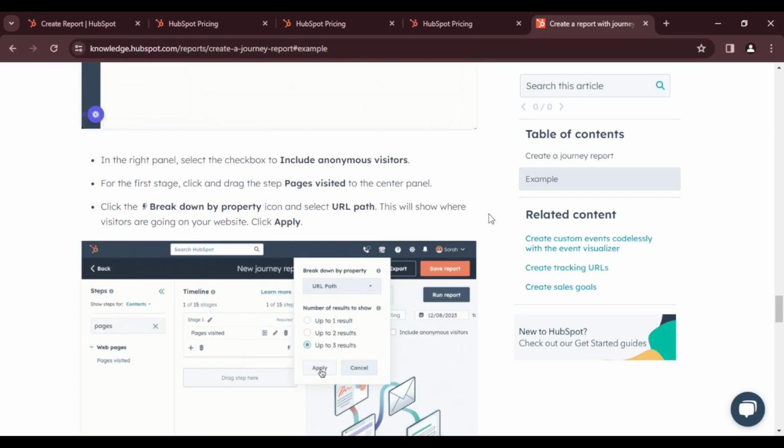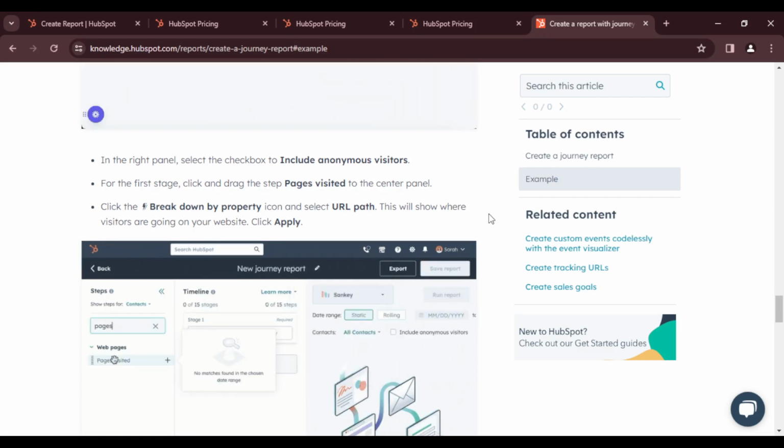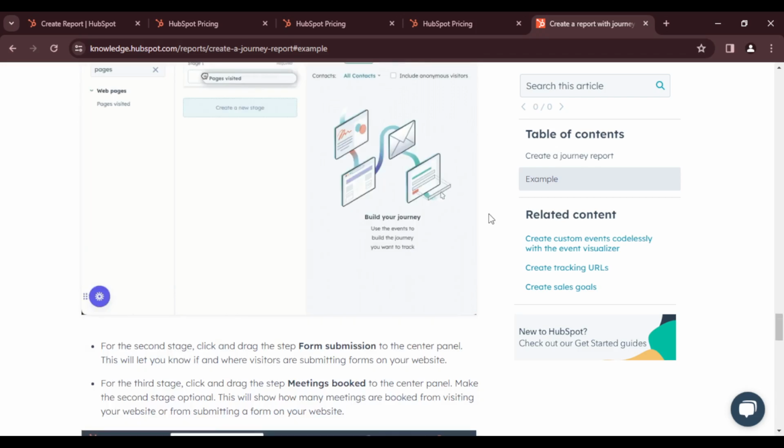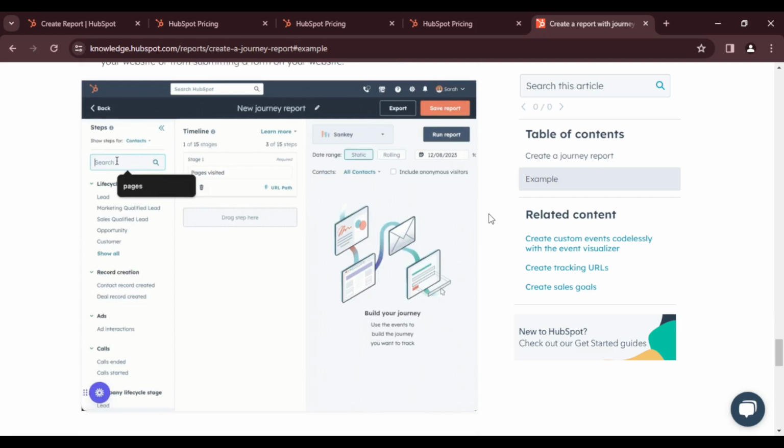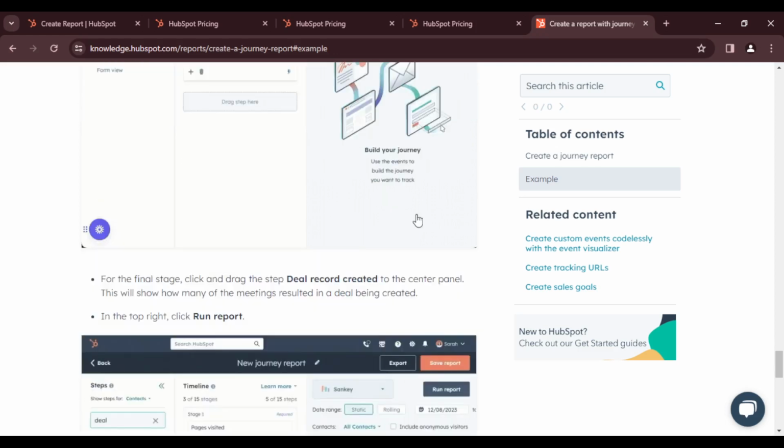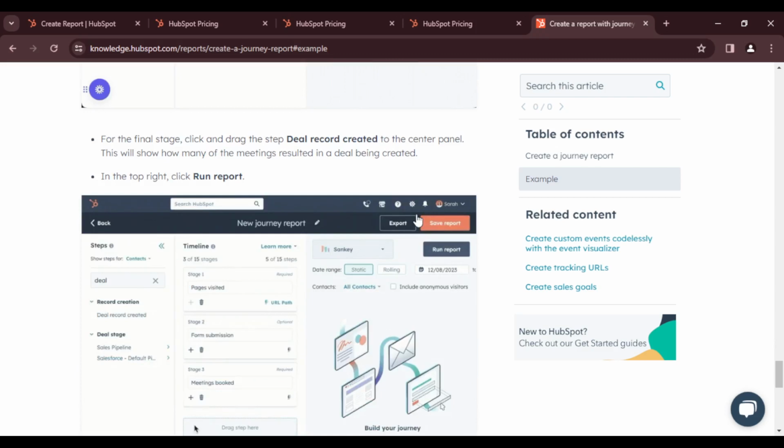So let's say the first stage could be pages visited. The next stage could be form submission. The next stage could be meetings booked. Of course, you know what you did, but this is what steps and timeline in that window are going to look like. Now, once you're done creating all your stages, dragging and dropping your stages from steps to timeline,